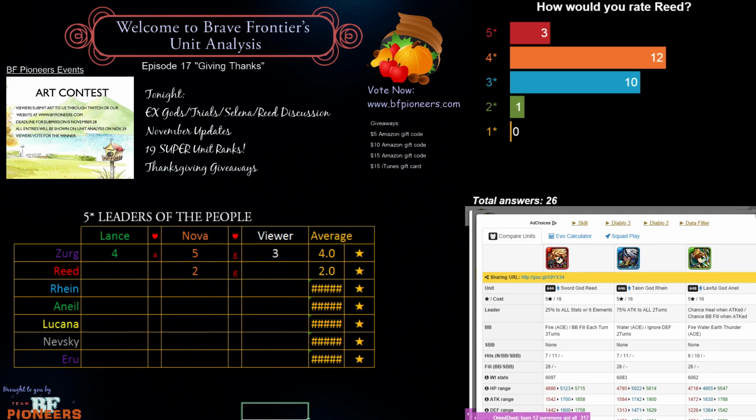Now, do you think moving forward, the 6-star form would be something that you would give a 4 or 5 to? Since it's not out yet, I can't really say. But if they do improve his leader skill more and his super brave burst, because I can see the potential of this unit at 6-star form, but right now, based off what I see,